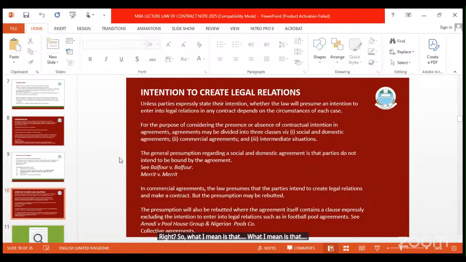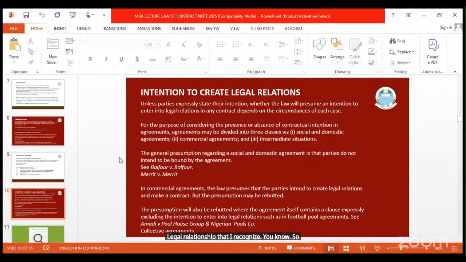On the other hand, with your children, for instance, you tell children, go home, I will buy you this. The same thing applies. And of course, there are some relationships that are not known to law at all, like man to man or woman to man relationships. If you go to section 258 of the Evidence Act, it defines the legal relationships that are recognized.